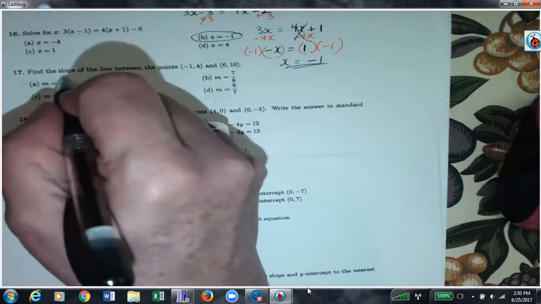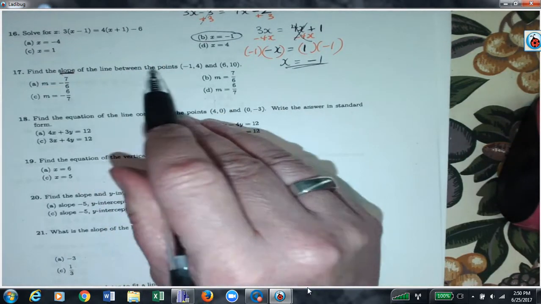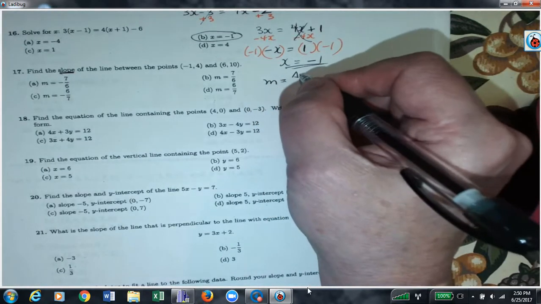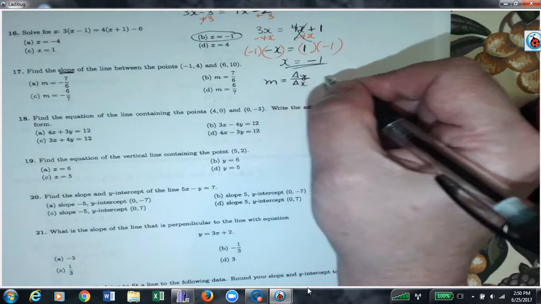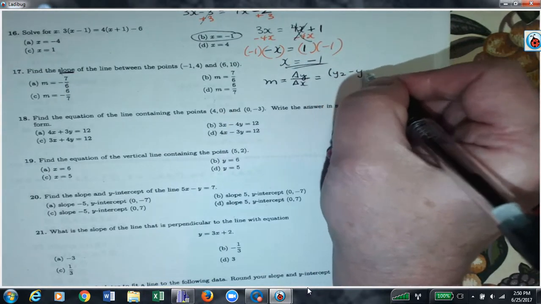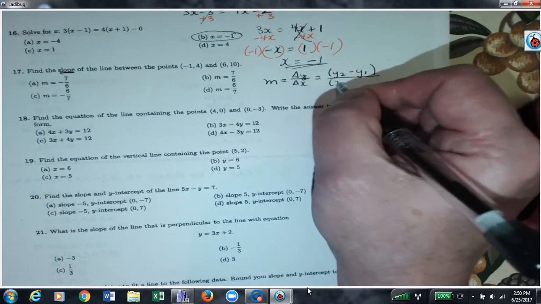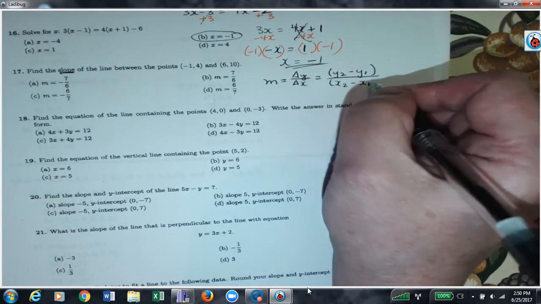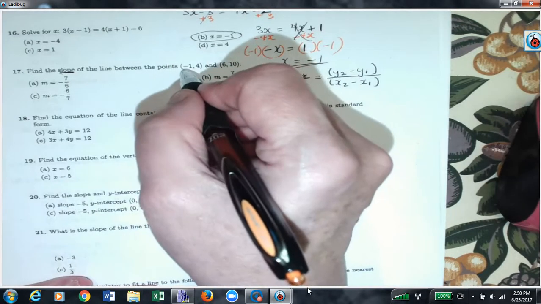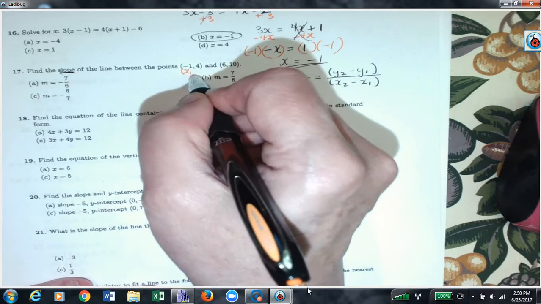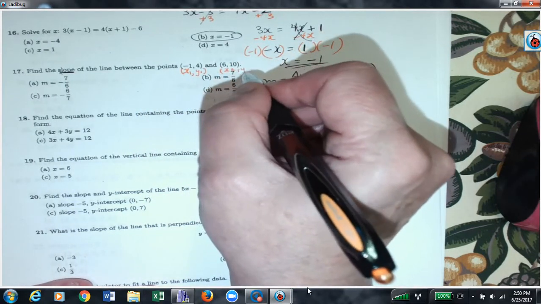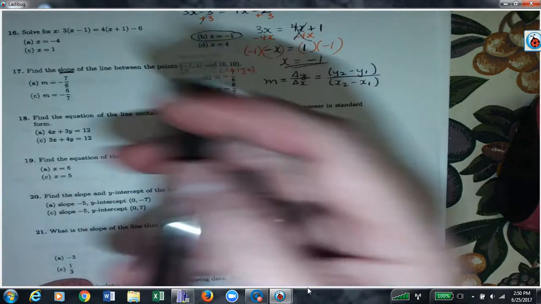Find the slope. So it's just the slope I want to have between these points. Well, the slope is equal to the change in y over the change in x, or the difference of the y values, so y2 minus y1, divided by the difference in the x values. Now, it doesn't matter which one you start with. I'm just going to take them as they come. So I'm going to call this point x1, y1, and I'm going to call this point x2, y2. And so this will be